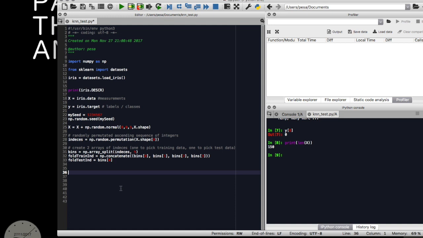Now, what do I mean by close? Well, we've seen before that an iris, for example, a data point, is composed of a set of measurements: how big it is, how wide its sepals are, and so forth. So you've got 4 bits here in this case,